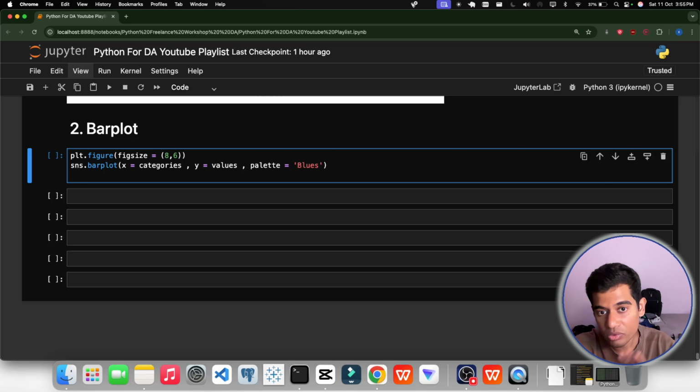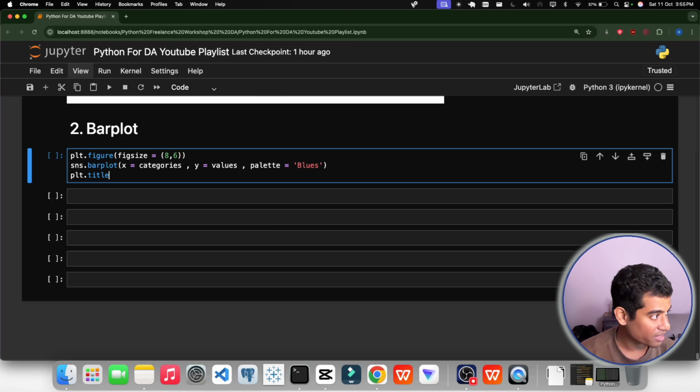Now the third part, we have to give a title. For the title it is plt.title, open parenthesis, and in the title what should we write? Bar plot of values, or it is better to write bar plot for categories. We will also give the font size.